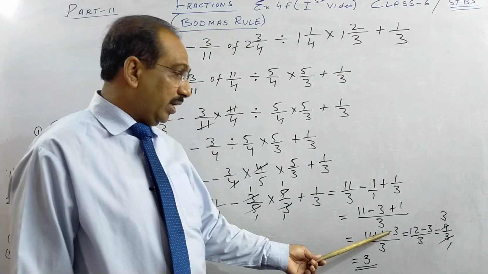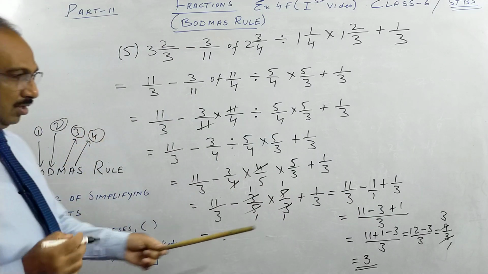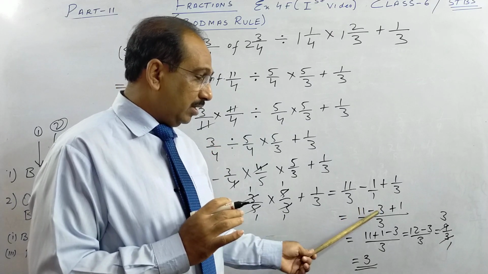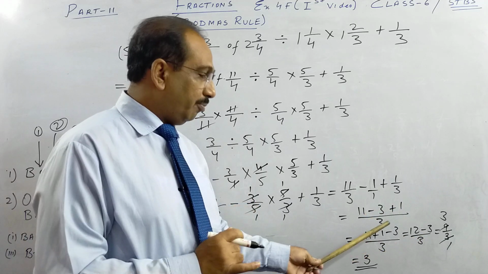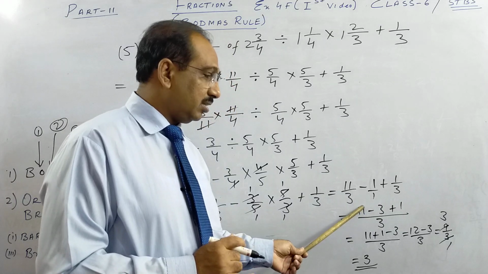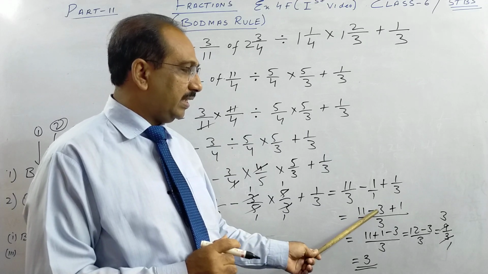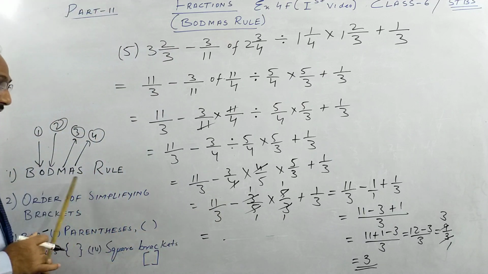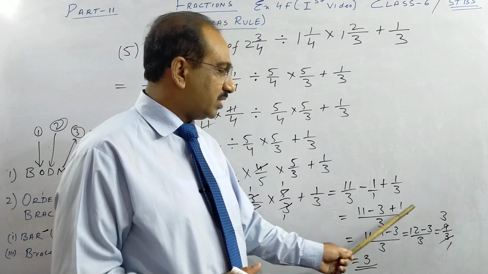See this part, we do addition. Next comes addition. So don't subtract first. You can do that, but you are not right. 11 minus 3 is 8. You can say, sir, 8 plus 1 is 9. No. The better method is 11 plus 1 you bring. First do addition, make it 12, then you subtract. You could have done like this: 11 minus 3 is 8, 8 plus 1 is 9. But this is better. We follow BODMAS. A, addition. 11 plus 1 is 12, 12 minus 3 is 9. Not 8 plus 1 is 9.